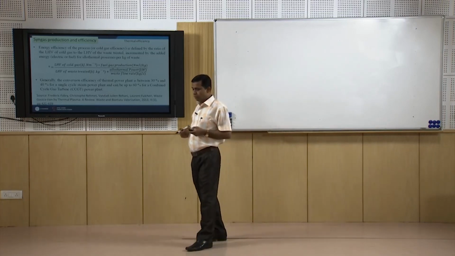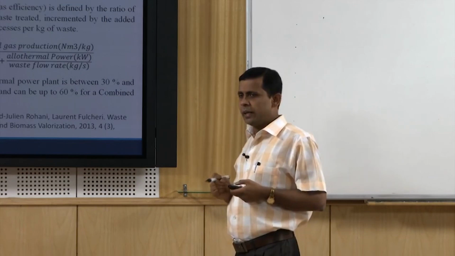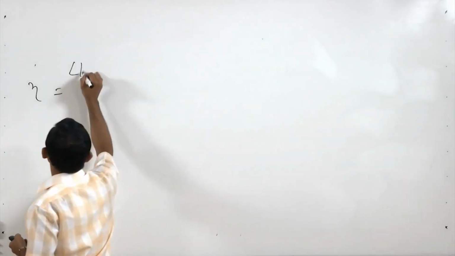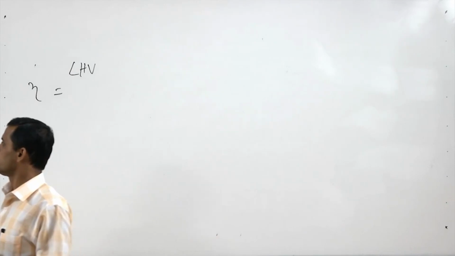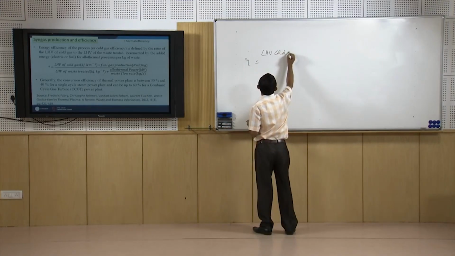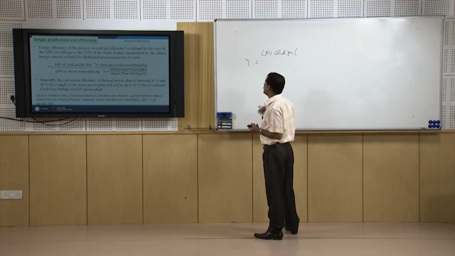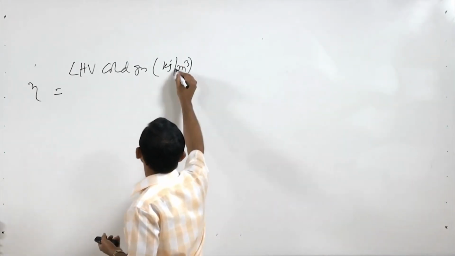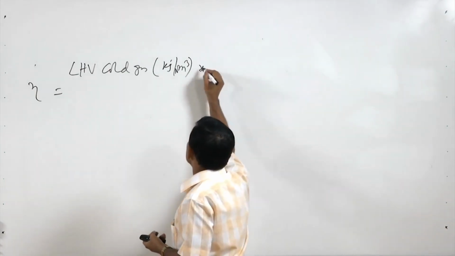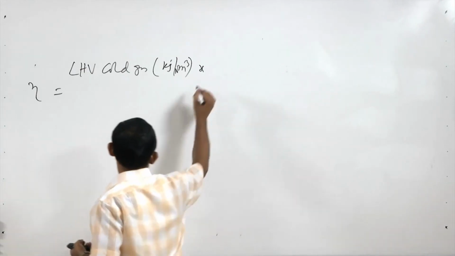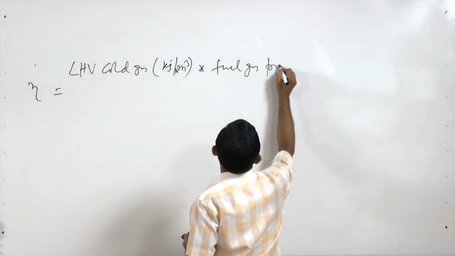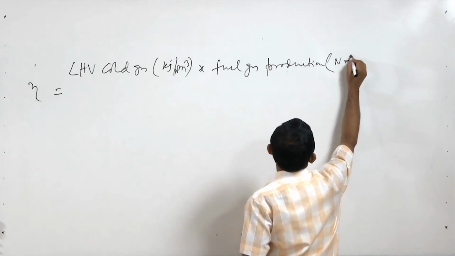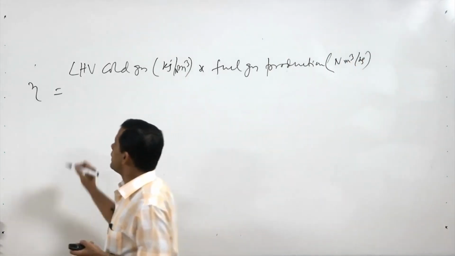Thermal efficiency of this gasification process can be determined as the lower heating value, LHV, of the produced gas, the cold gas, in kilojoule per normal meter cube, into fuel gas production, in normal meter cube per kg, divided by